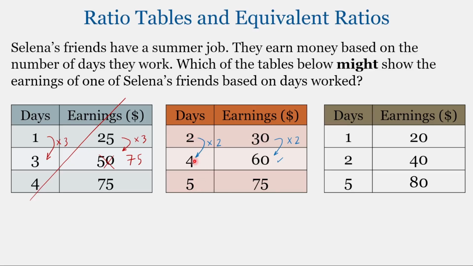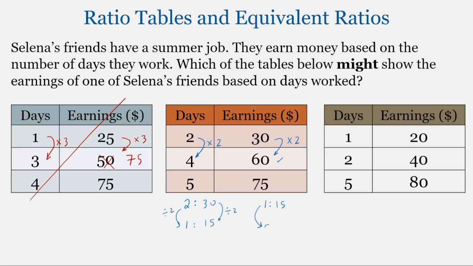And we could find a fraction or a decimal to multiply either 2 or 4 by to get 5. But I'm going to simplify down this first ratio. So if we have the ratio 2 to 30, let's find out how much she makes after 1 day. So here we're dividing by 2. So 30 divided by 2, well, that's going to be 15. So each day, this friend made $15. So if we have a ratio of 1 to 15,